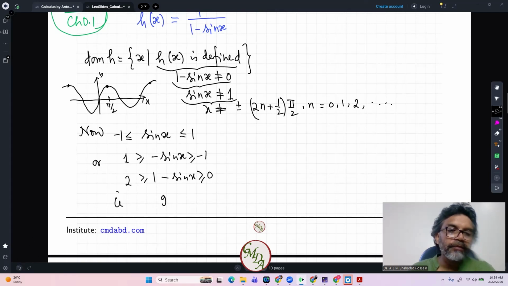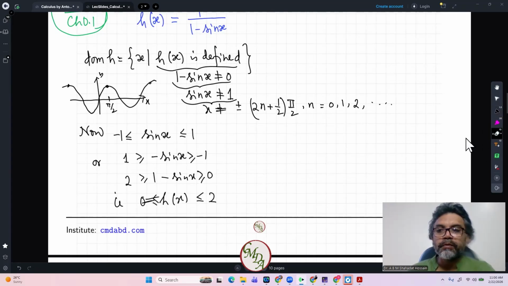Sorry, this is the h of x. That means we have got 1 minus sine x is greater than 0 and less than or equal to 2. So this is not h of x. h of x is 1 by this. So we need to just,